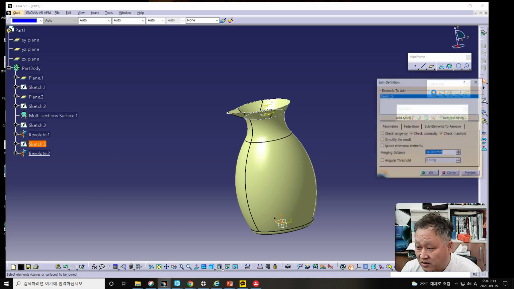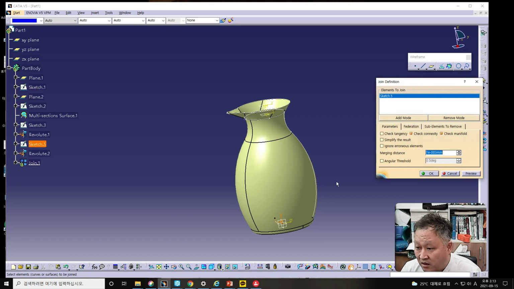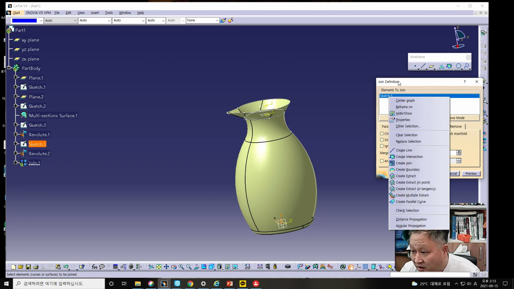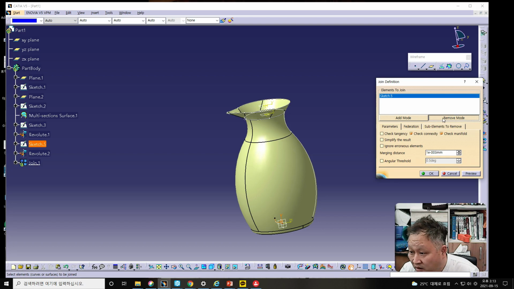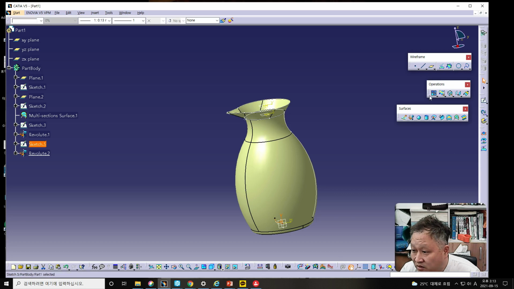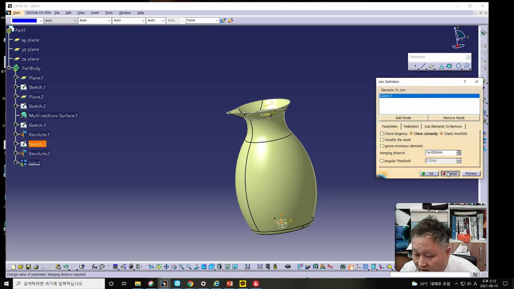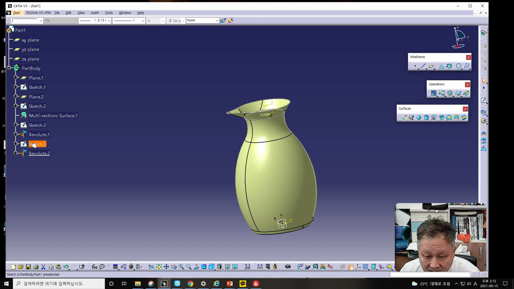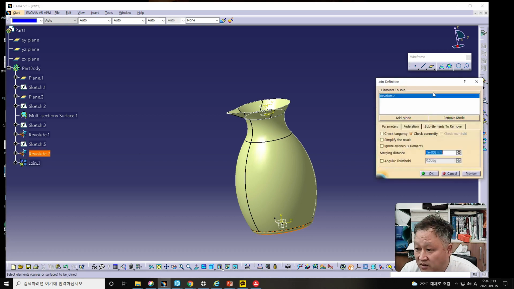cancel, join, not Sketch 5. Sketch 5 should be removable. Join, not click it. Join this and this and this should be joined again,